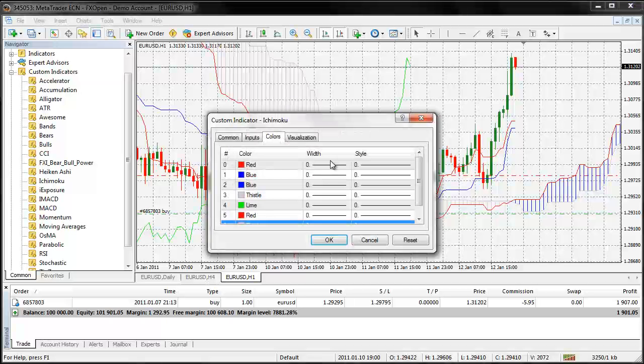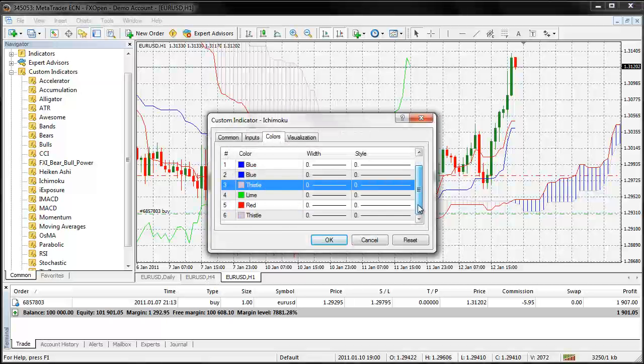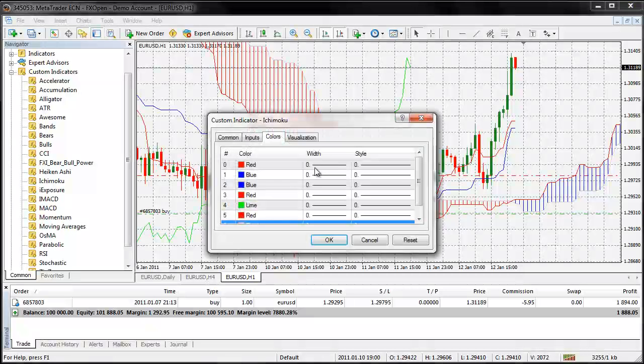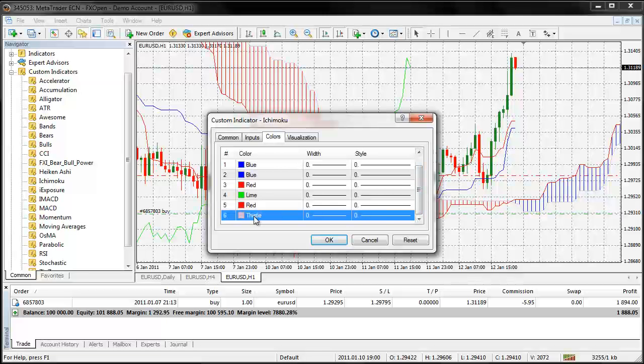I believe it might be this colour here, number 3. Let's go to number 3 and choose red for that one. Okay, great. So now we've got all of this filled in as well. And now this number 6,